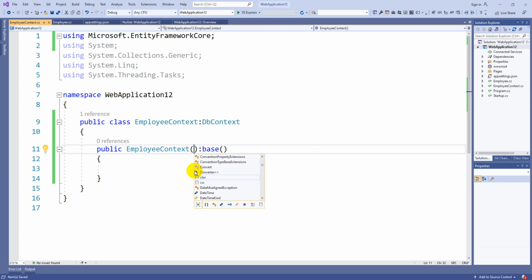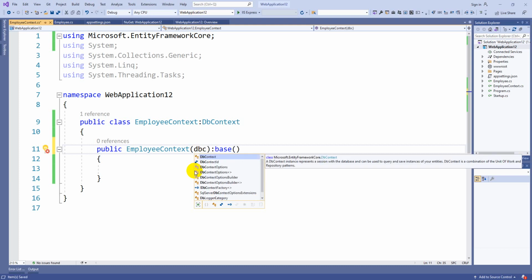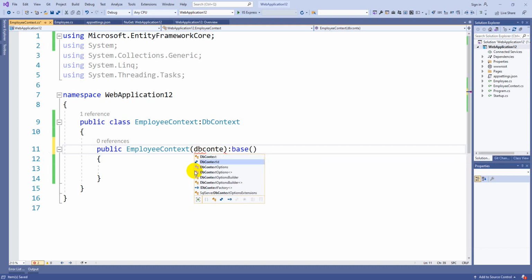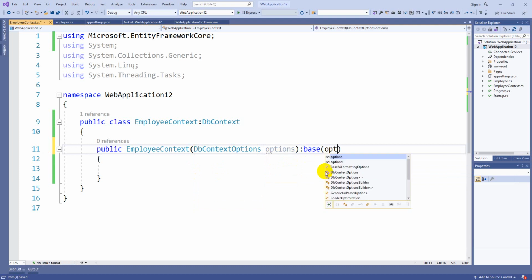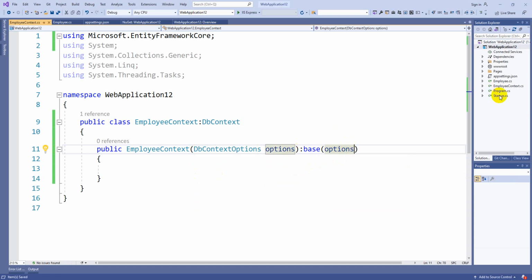You should take a parameterized constructor with DbContextOptions. These options you have to pass to the base class. From the startup file you are going to pass the connection string object, which will be passed to the base class, that is DbContext. That is the only change you need to observe.